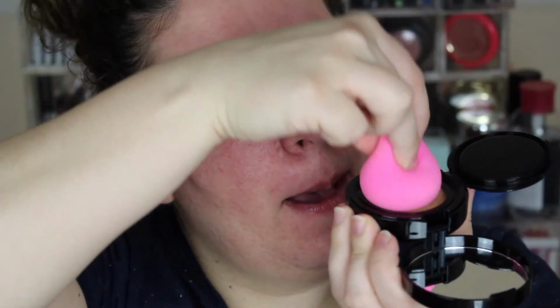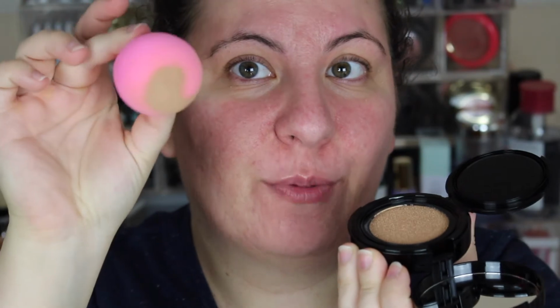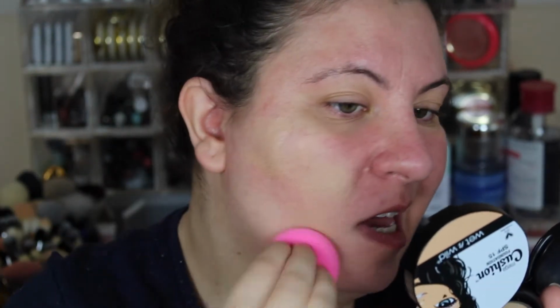For this particular foundation, I like to use my beauty blender. I just stick it right into the cushion, then I just start dabbing it all over my face, which is exactly what I'm gonna do as soon as I zoom you guys in. Beauty blender in, boom. Lots of product does come out, which I appreciate, and then I just start dabbing it